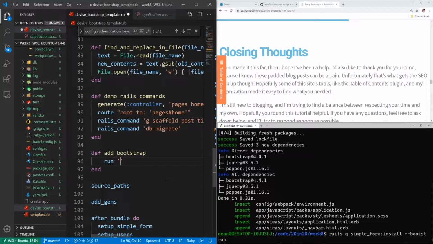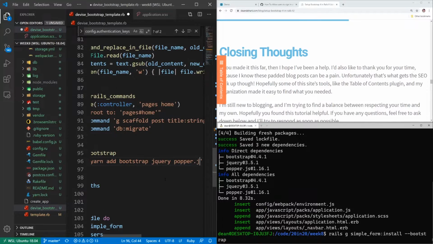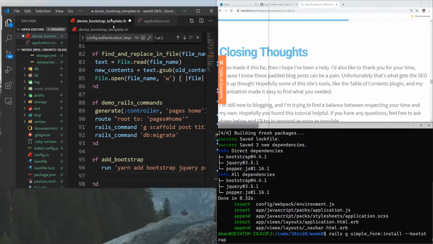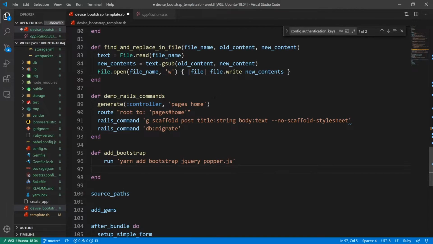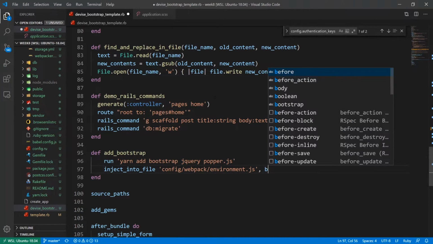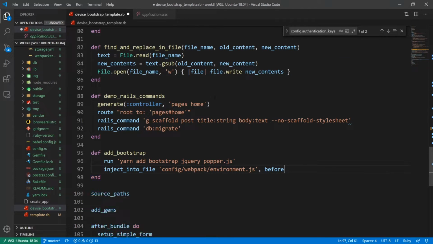So we can just type run yarn add bootstrap jQuery popper.js. Let me full screen this again. Next thing we need to do, again, is inject into file config/webpack/environment.js. And before the last line in that file, which is